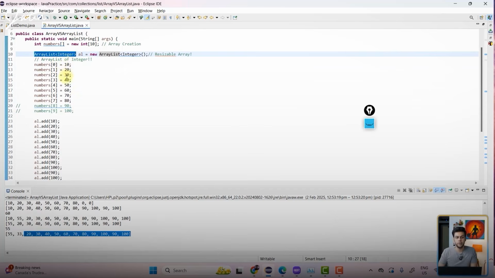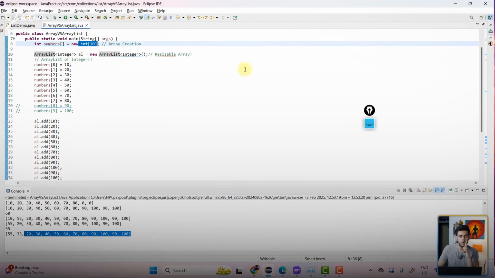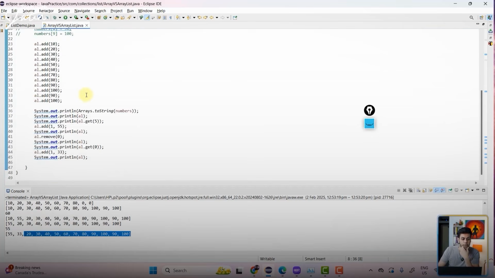So that's the reason 10, 20, 30, 40, 50, 60, all these are integer values. But they are not int values. Are you understanding something? This is technically storing int values. Collections always store what? Objects. So 10 is an object, 20 is an object, 30 is an object. All these things, these are all Integer objects. All right. So we will see those things, but remember it.